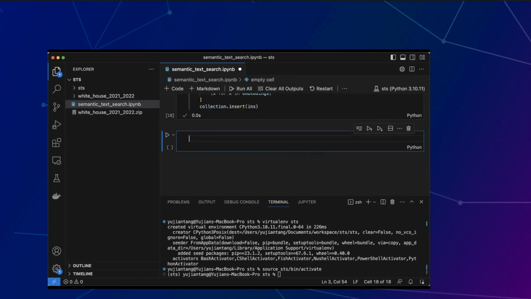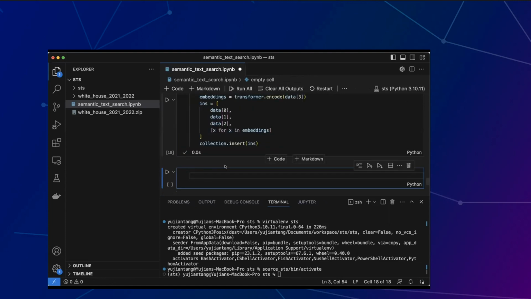So now we need to create the data batch. In this case, we're going to create a list of lists. It's going to be a list of 4 lists because we have 4 data types. We have the title, the date, the location, and the speech. We're going to create a list of lists because we're batch inserting at 128 of them at a time. So data batch equals